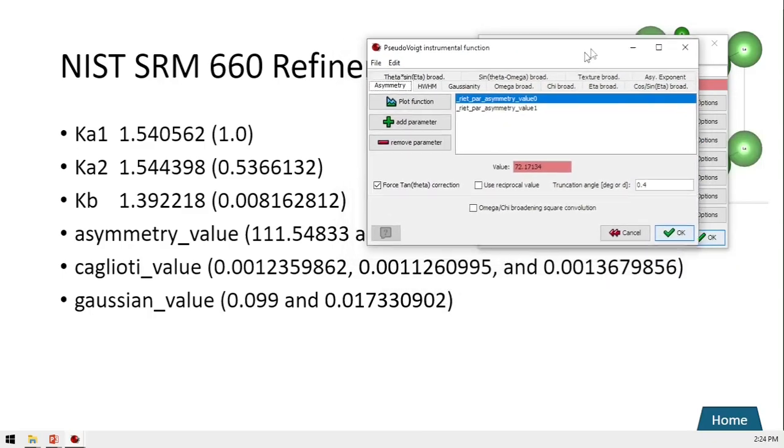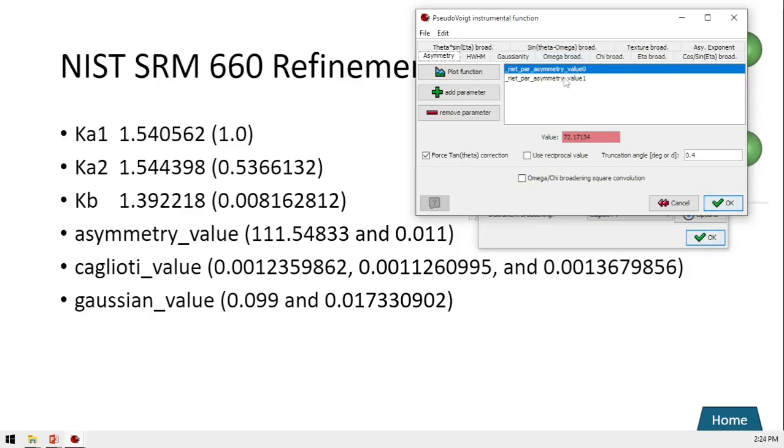Okay, to fill it, first we will fill the asymmetry 111.54833, and also 0.011, and also we have to fill the Gagliotti.